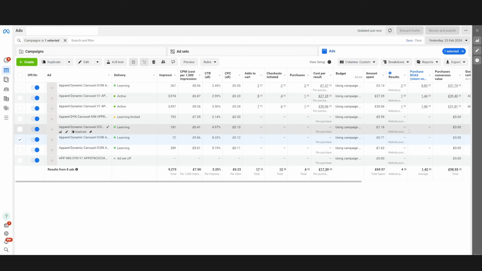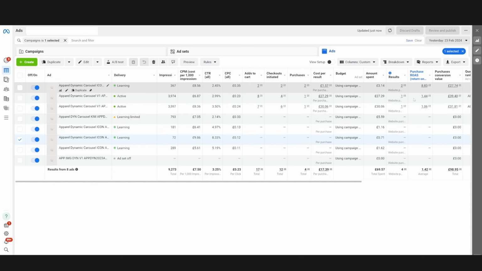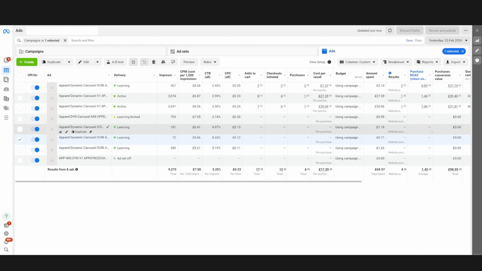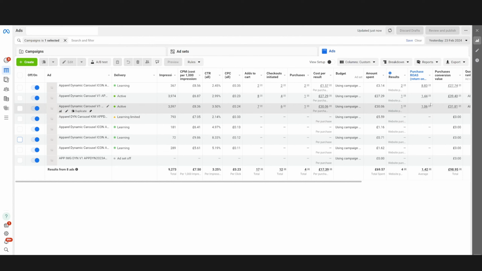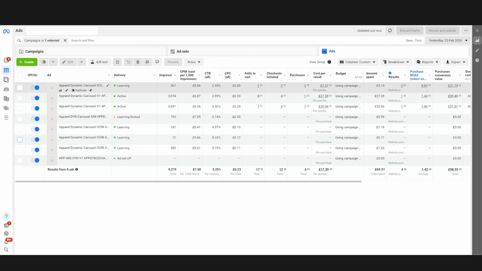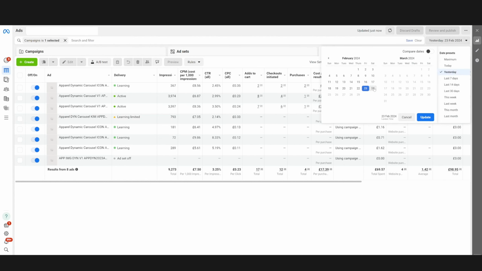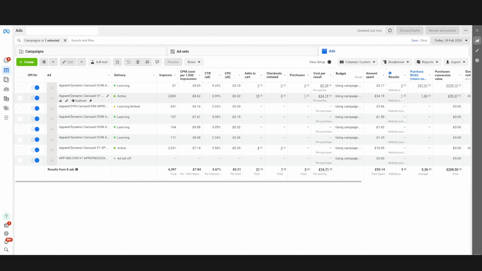Now that is a lie, because I don't really sell anything less than £13. What they're saying, they made 2 sales with a total value of £27. One t-shirt on my website costs like £20, so that's impossible. So you can assume that this ROAS is actually inaccurate and should be higher, around 20 ROAS. And then today,